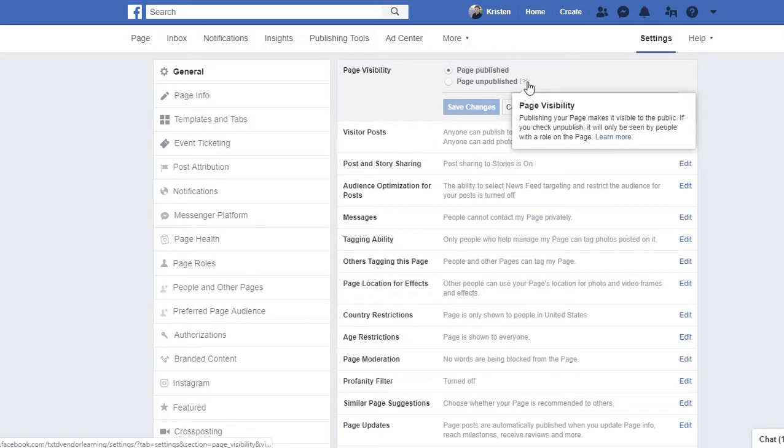And then see there's a little question mark right next to page unpublished. Hover over that and you'll get a message pop up. For page visibility, publishing your page makes it visible to the public. If you check unpublish, it will only be seen by people with a role on the page. If you want to learn more details, of course, feel free to click the learn more before you proceed with